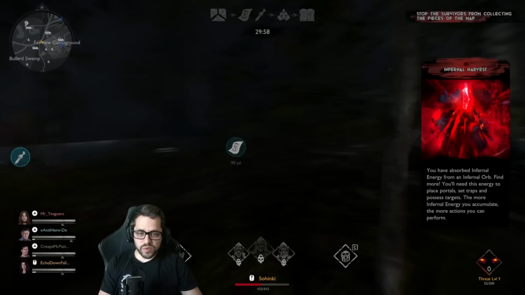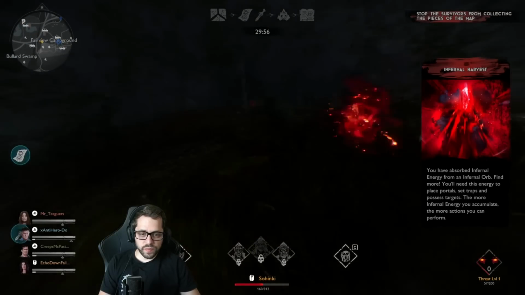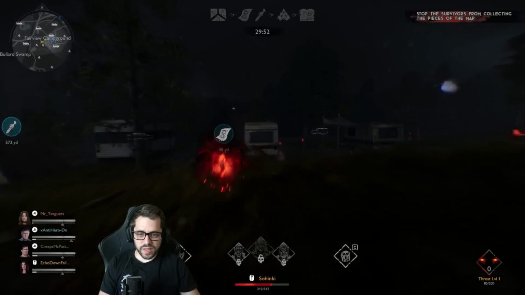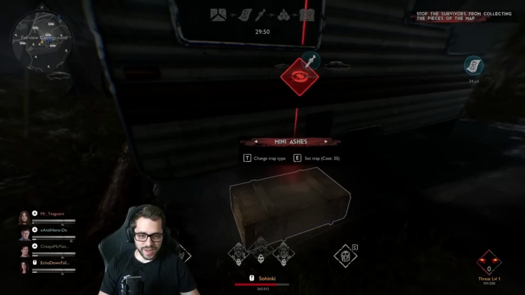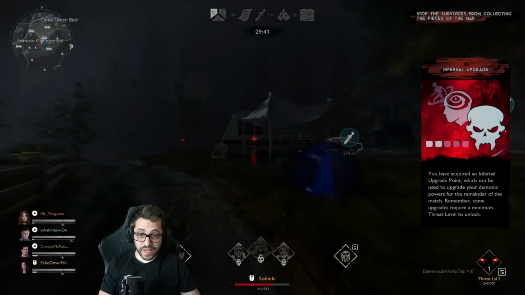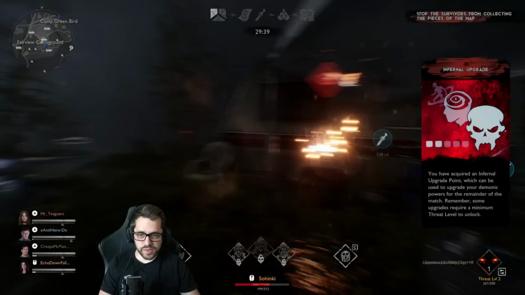If you're coming straight from the tutorial into a match, the first thing you're probably saying to yourself is, what the hell, I don't actually have any abilities at all. When the match starts, you've basically got nothing except for your active ability, your demon dash, and the ability to place traps. So your goal is to level up as fast as possible to gain all the tools that you